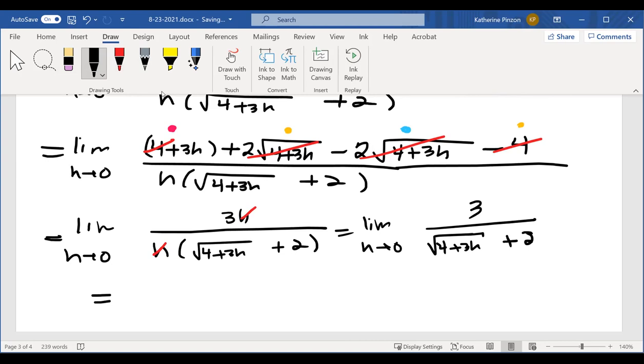Notice that I wrote that word limit every single time, so that when I got here, I would remember that I'm not done. I have not yet taken a limit. I did a lot of algebra, but I didn't do any calculus yet. Now I'm going to do some calculus, and I'm going to take h equals 0 and plug it in and see what happens. So when I plug 0 in here,